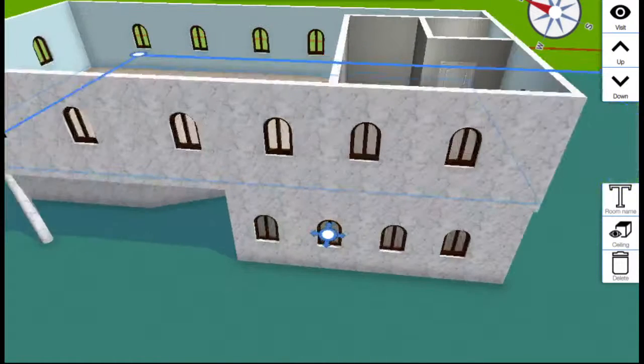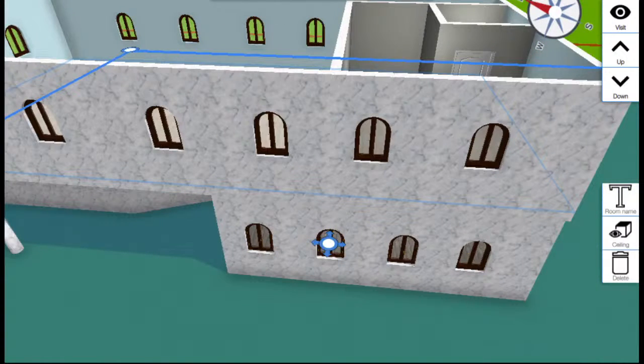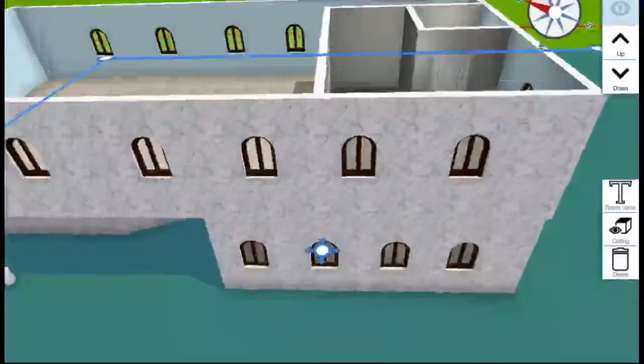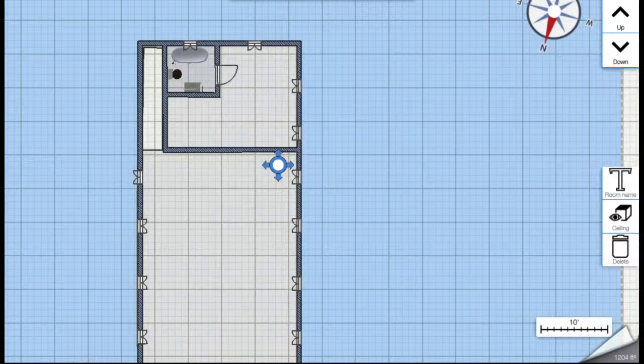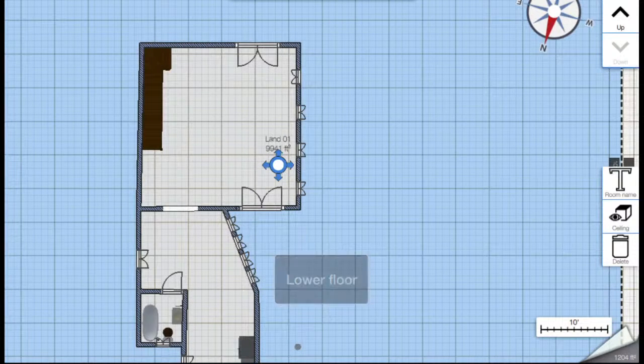So let's go to, as I said, I didn't do the exterior yet. So let's do the exterior. Let's do something with the exterior. I have two ways I can do that. I can either do it in 2D or 3D. 2D, we're going to go downstairs. Okay. We have our entrance. You can see the windows. This is just a typical architect drawing program. So what I'm going to do is